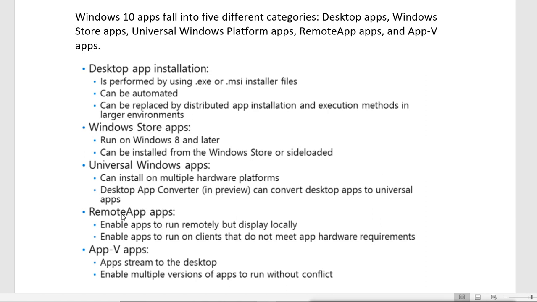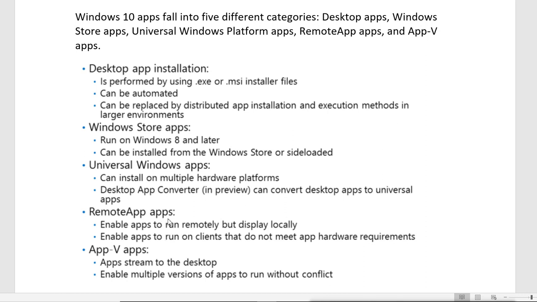Then we also have remote apps. This enables apps to run remotely but display locally, and enables apps to run on clients that do not meet the app's hardware requirements. These kinds of apps are used in a thin client environment. A thin client environment is where the clients are thin and the servers are fat.